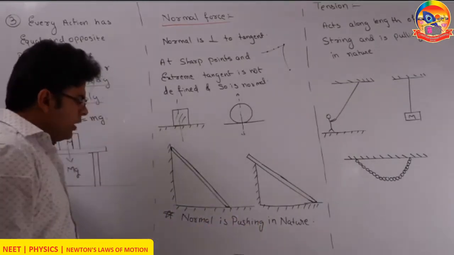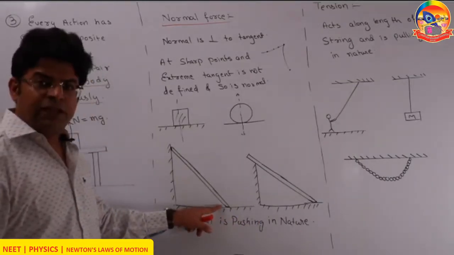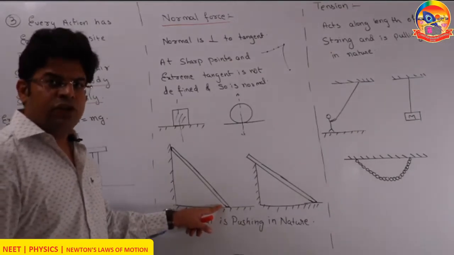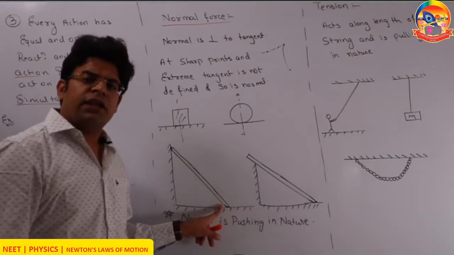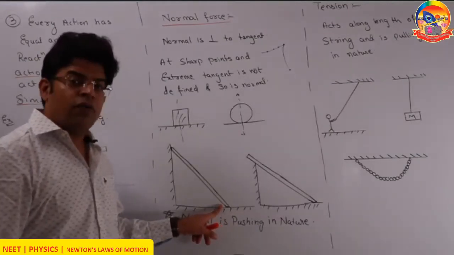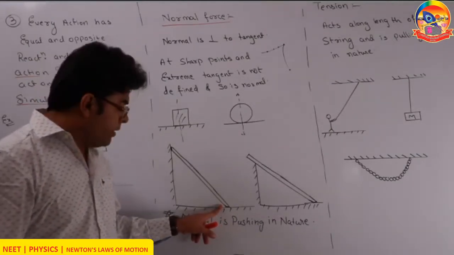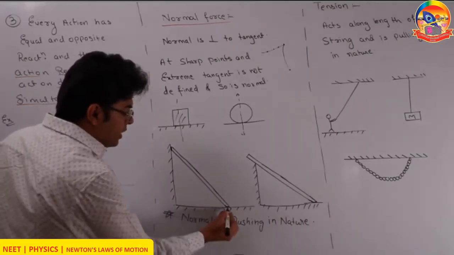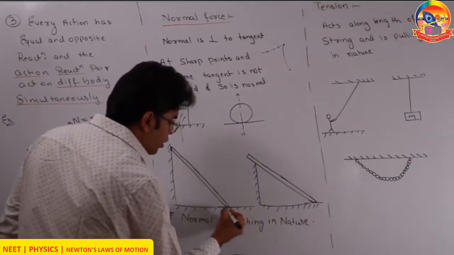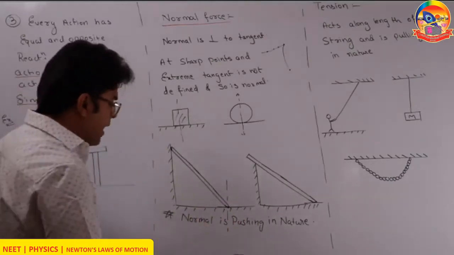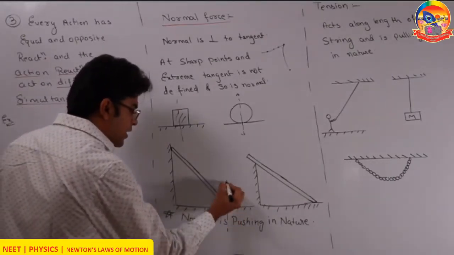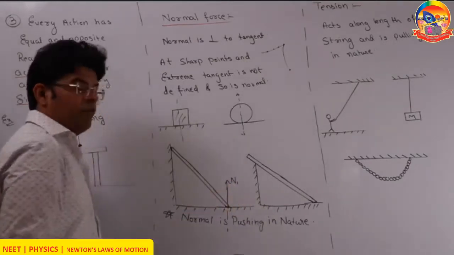Now, at this lowest point, it is the extreme of the ladder. So the tangent of the ladder here is not defined. Since the tangent of the ladder here is not defined, the normal of the ladder here is not defined. But at this point, the tangent on the floor is defined, so the normal on the floor is defined. So the floor applies a normal force on this ladder upward. Let's call this one N1.